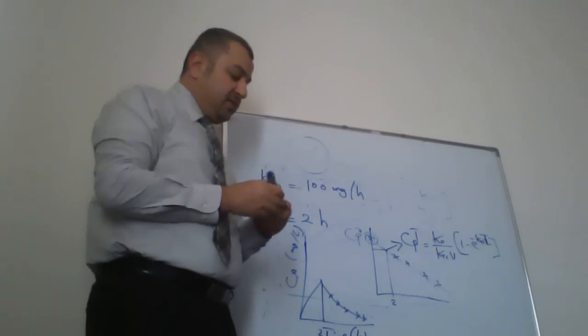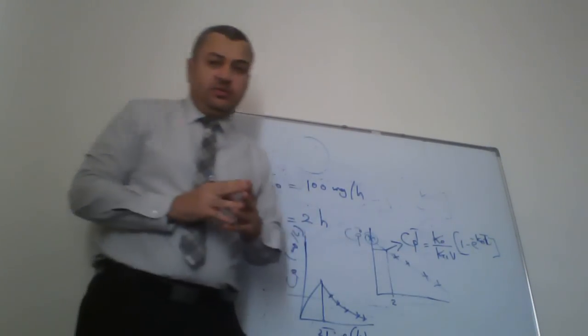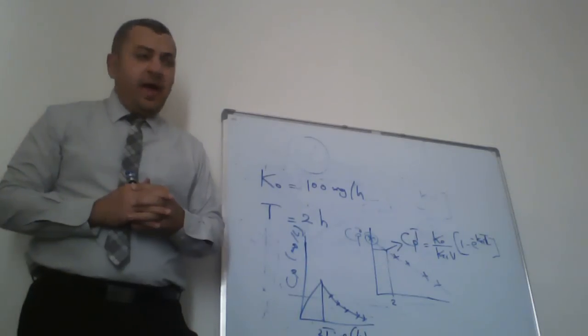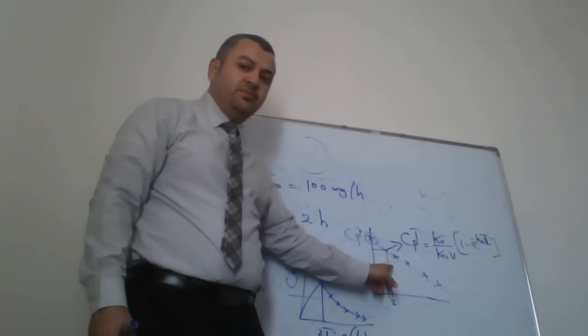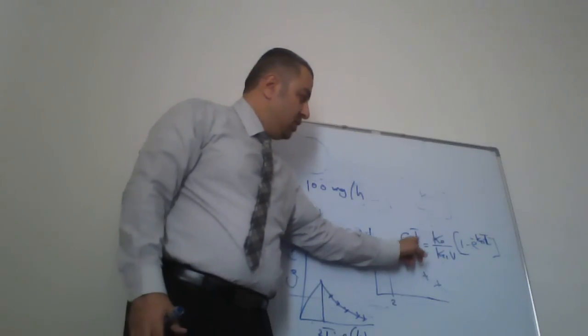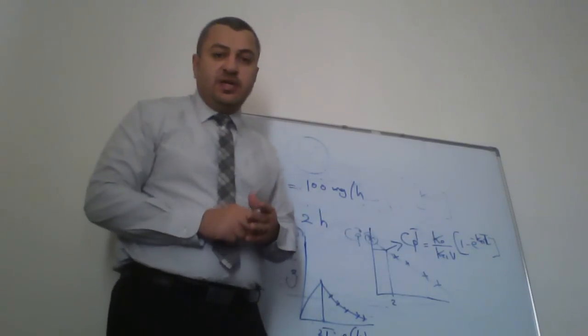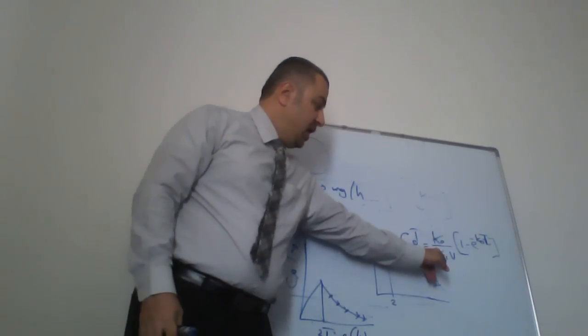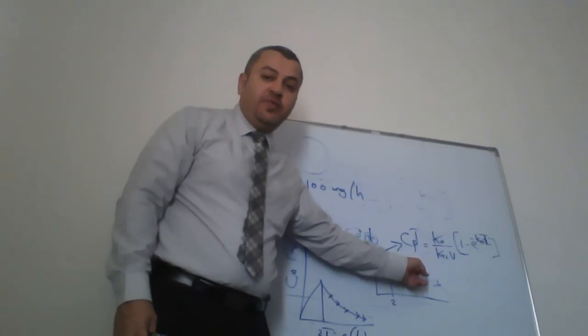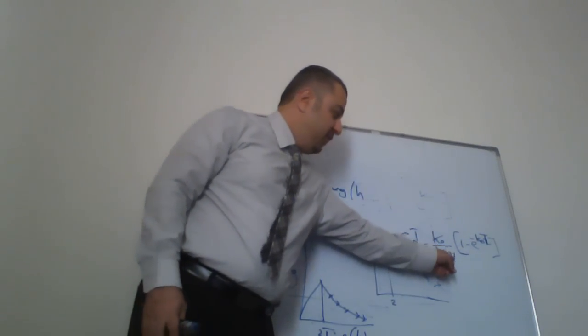But look at this equation. Actually everything is there. CPT capital, you got it from the graph. K0 is already given, it's 100 milligram per hour. KEL you got from the slope of the straight line. V is the unknown,